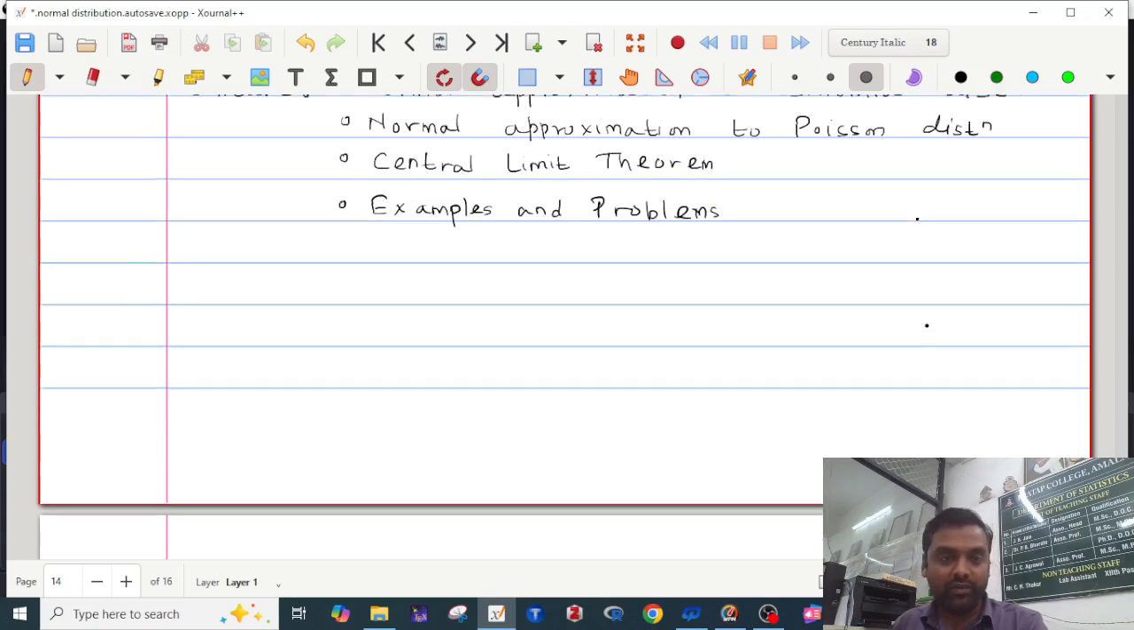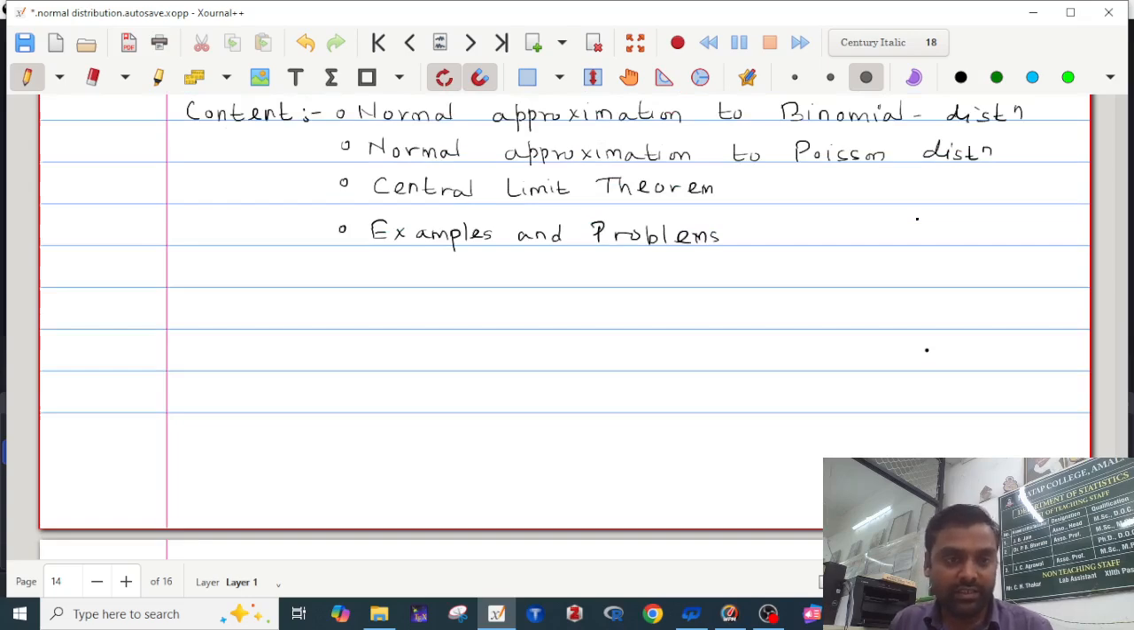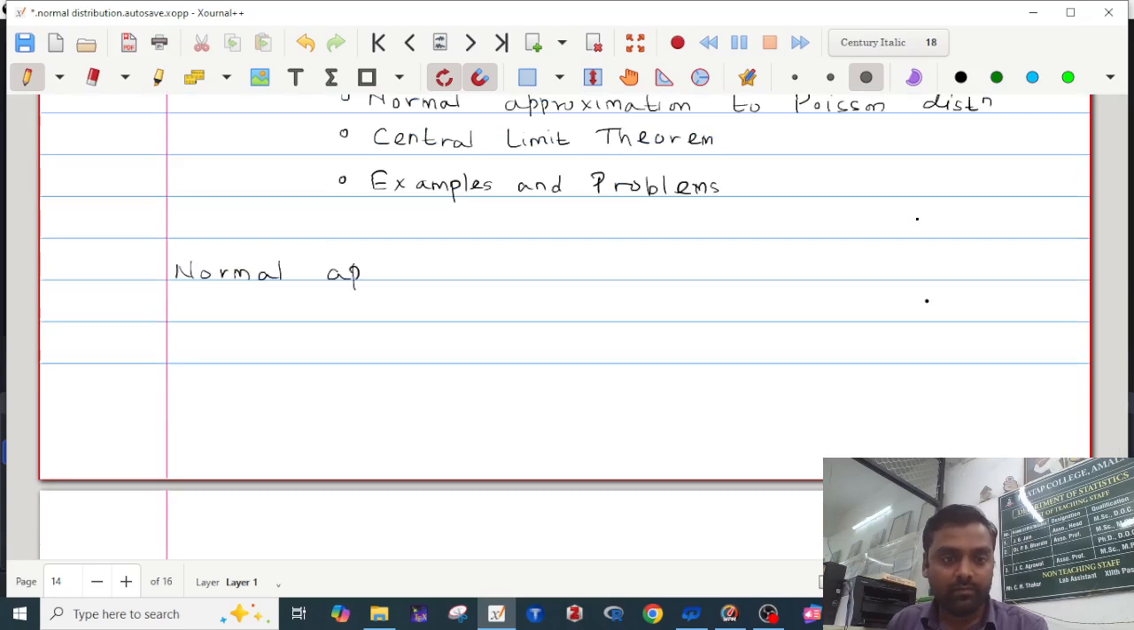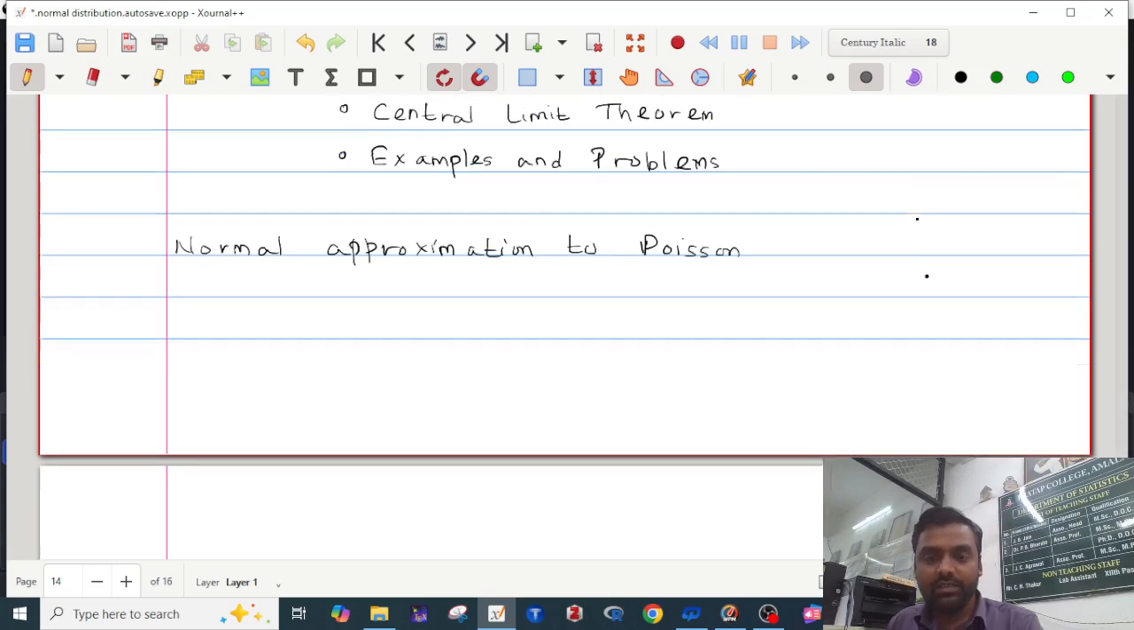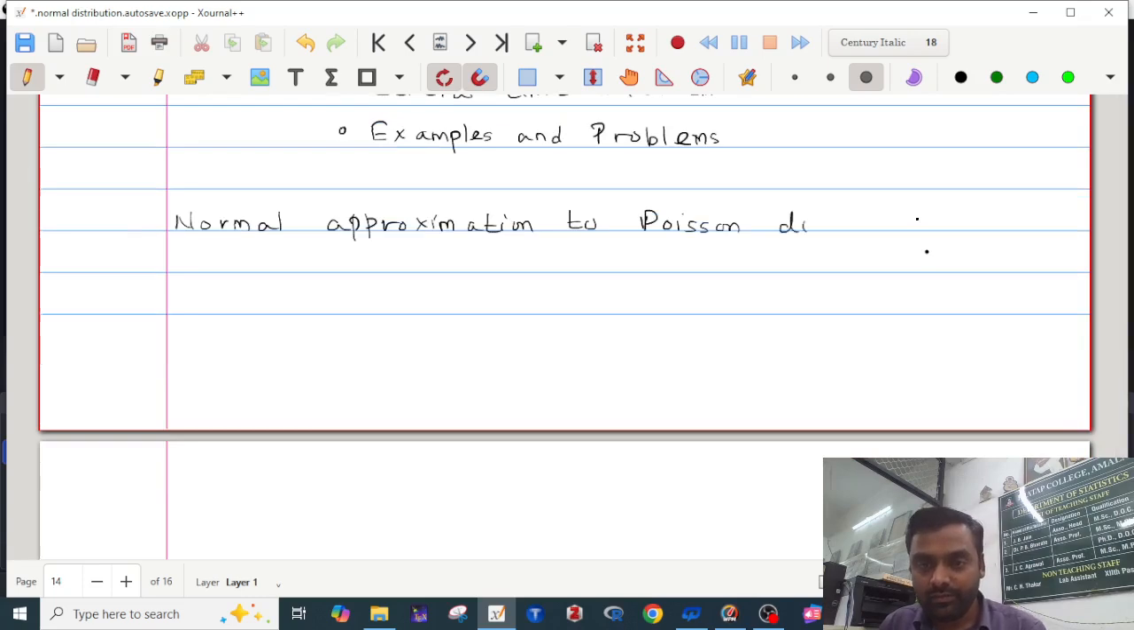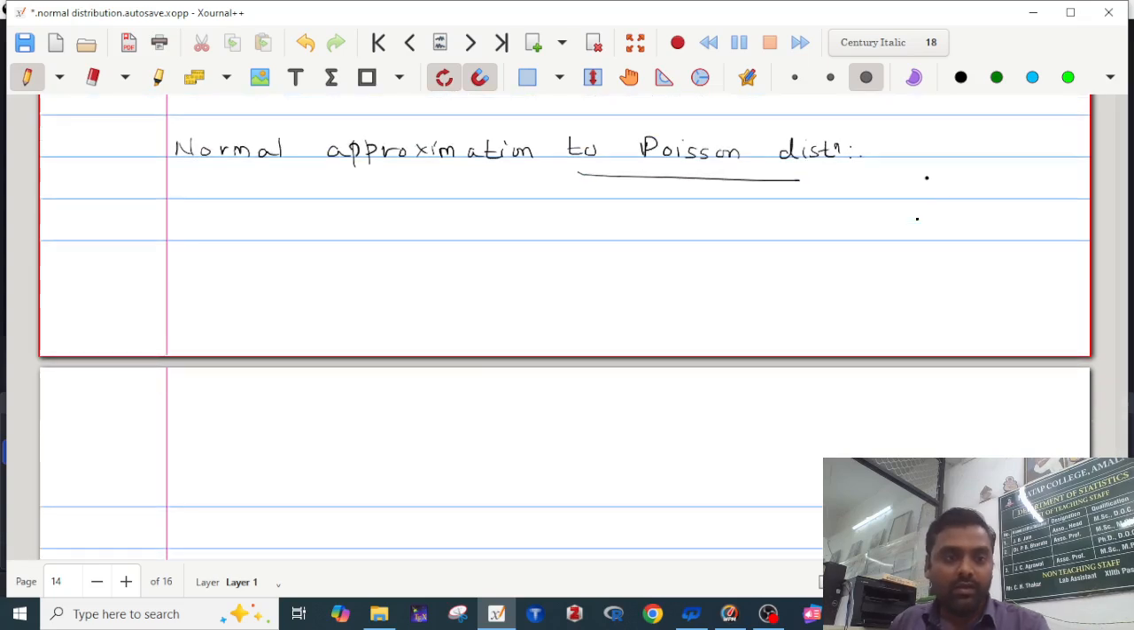The first topic of today's lecture content is normal approximation to Poisson distribution. First of all, we will discuss it for Poisson distribution, then we will discuss it for binomial. The statement of the concept is: